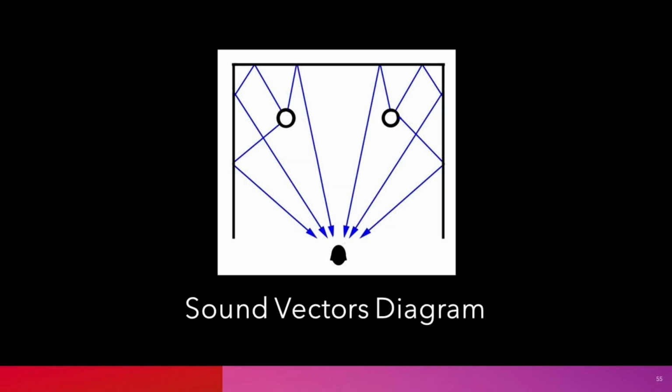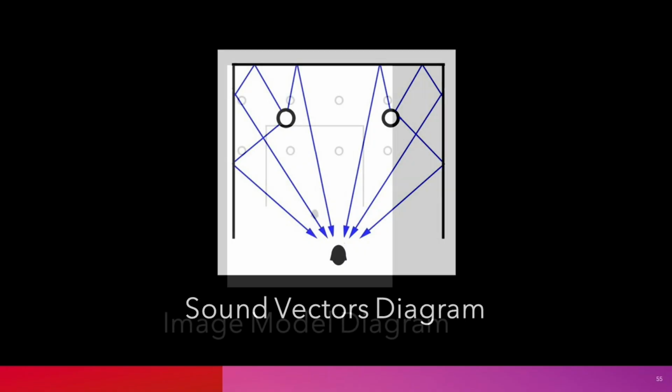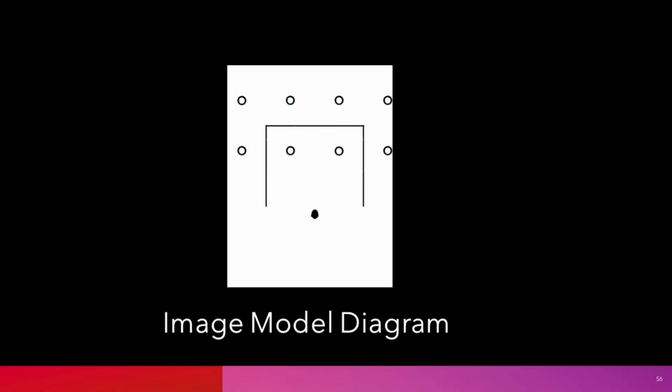Like I said, if you try to imagine speaker positioning and stuff with the vector diagram technique, you go nuts. I like the image model, which shows the images of these 2 speakers create reflected images of 6 more speakers behind the walls around them. Now you can see the positions of everything.